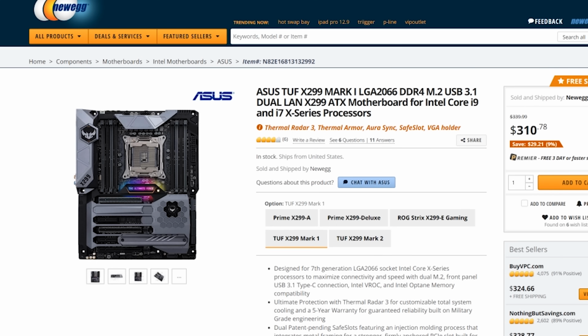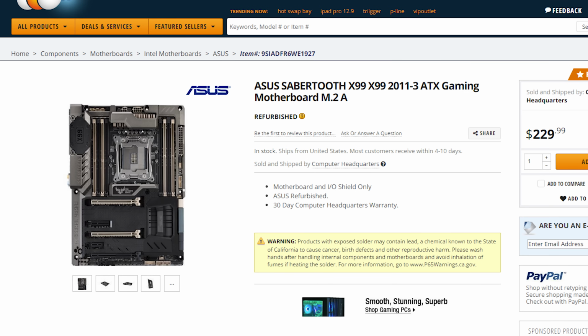The motherboard I picked is the Asus TUF X299 Mark I, and I selected this board for a couple reasons. For starters, when it comes to Asus X299 boards, I feel like this particular model doesn't get as much attention as a lot of the other flagship boards do. And so I kind of like the idea that this board hasn't been seen in many builds yet, at least by me. Additionally, the original Hotline build used the Asus Sabertooth X99 board, so it has a very similar design